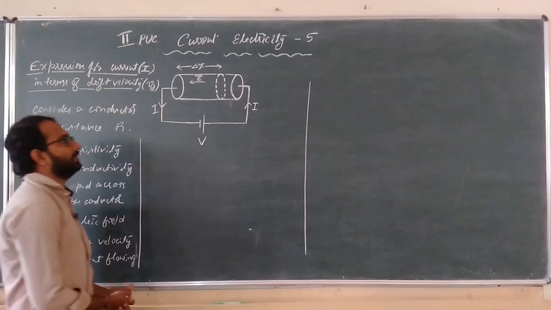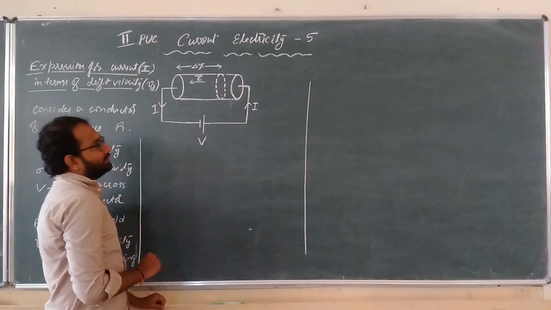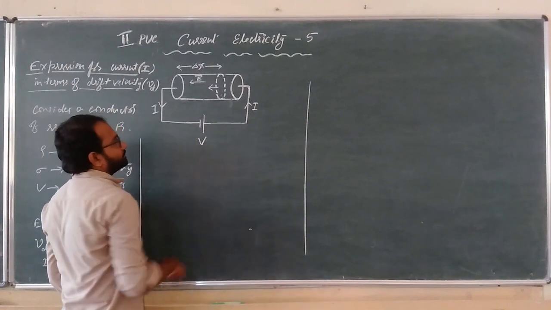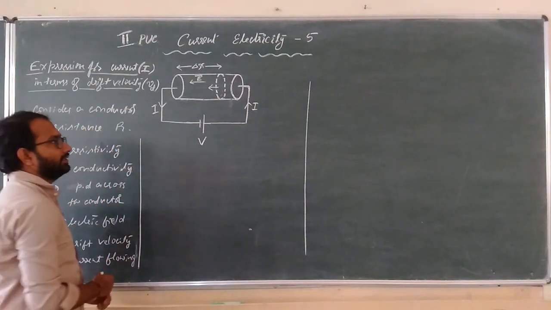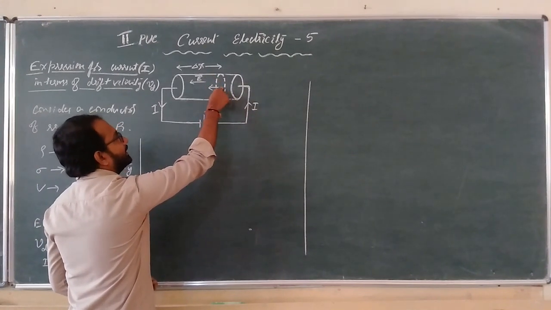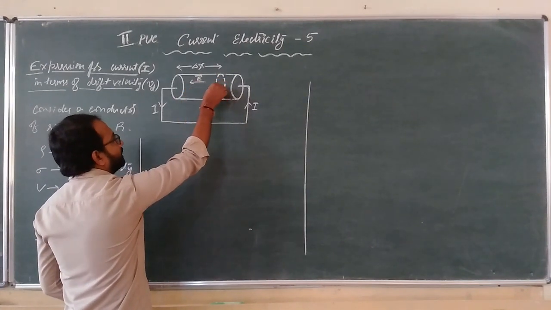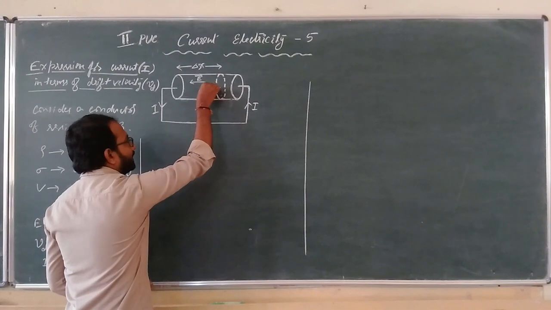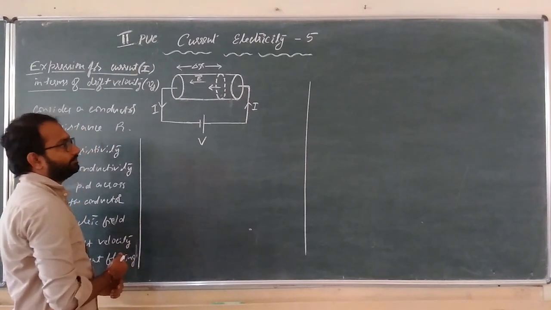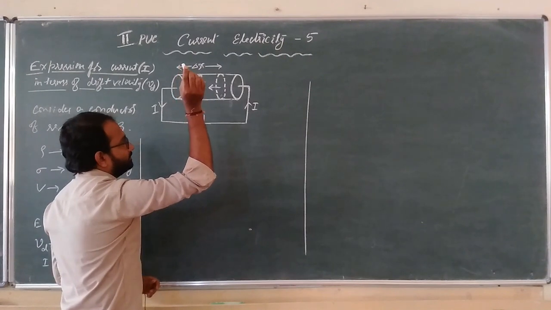I consider the area inside the conductor such that the normal drawn to that particular area is parallel to E, or the area vector makes an angle of 0 degrees, that is, the area vector is parallel to E. So this is now the cross sectional area inside the conductor.